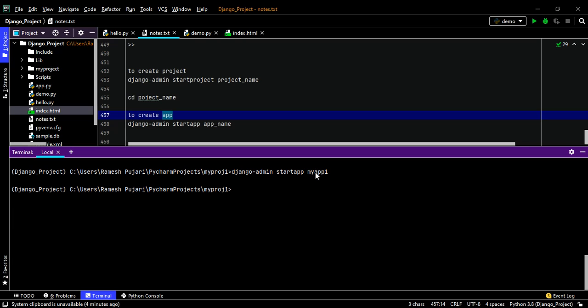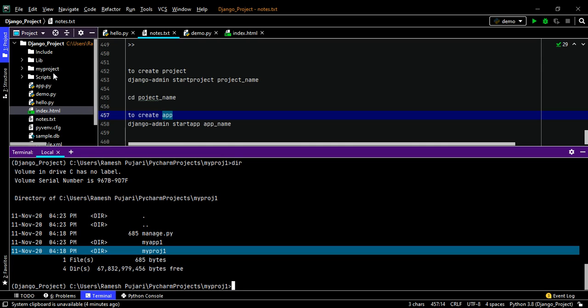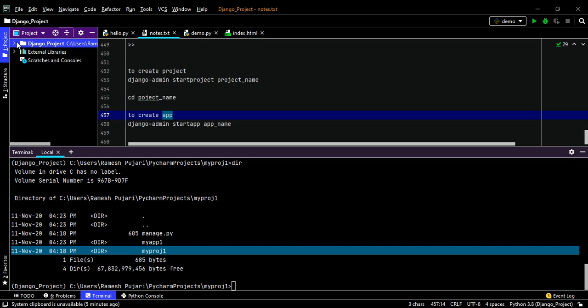Now you can observe here, I have created my app one. See, this is my app one created, and this is my project. I can show you in the directory itself. One second, I will show you all the created files.